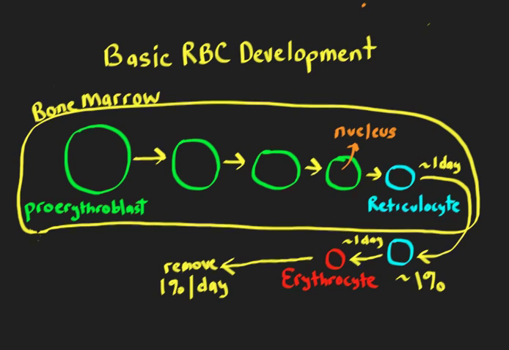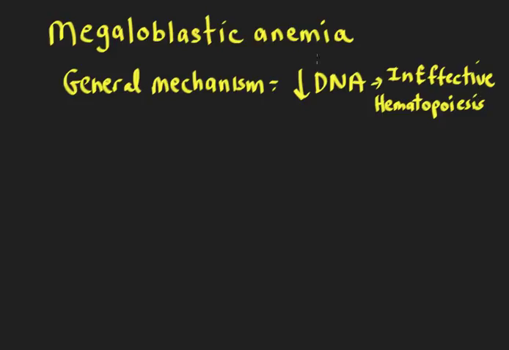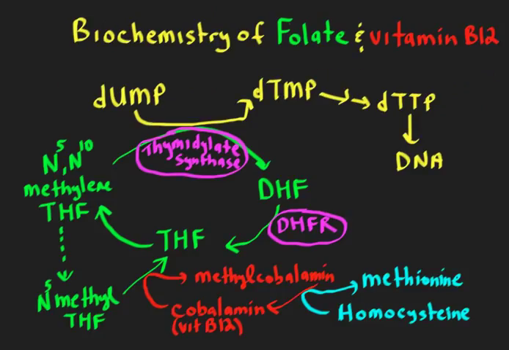Now, we're talking about the decrease in DNA. We might want to go a little bit more in depth on how that might work, because the two most common causes of megaloblastic anemia are vitamin B12 and folate deficiency. So it's a good idea to take a look at how vitamin B12 and folate are involved in that process. What this is showing here is that we have our DNA, and remember DNA requires